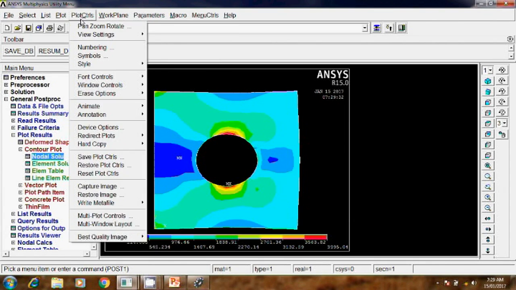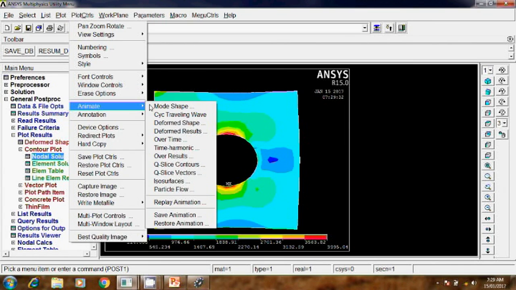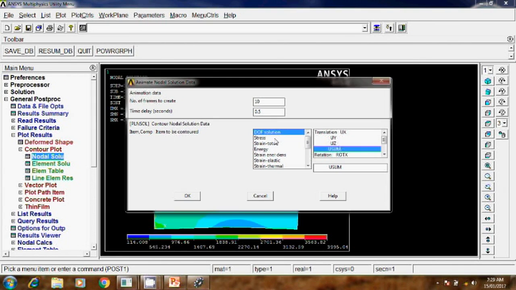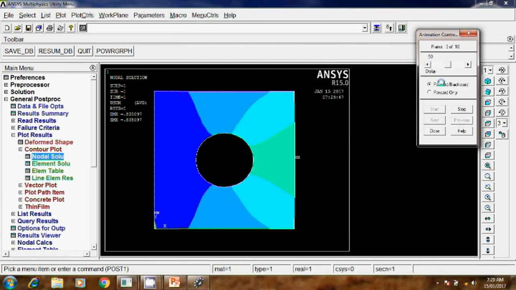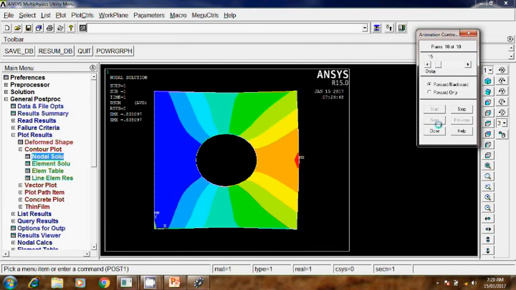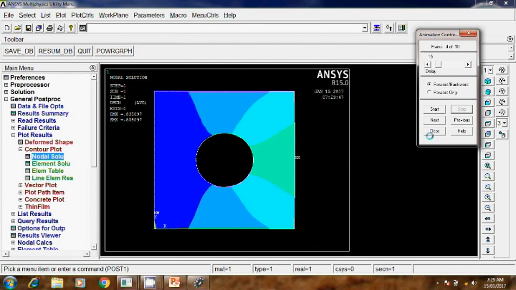And if you want to check the animation, go to Plot Controls, Animate, Deformed Results, and here you can check the DOF solution, stress, any animation you can check. Click OK. So this is your animation. Here you can change the speed. Okay, so this way